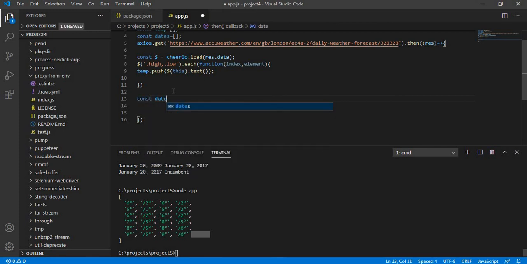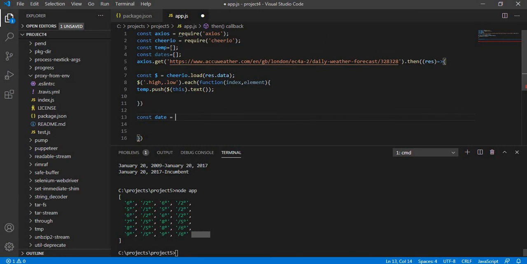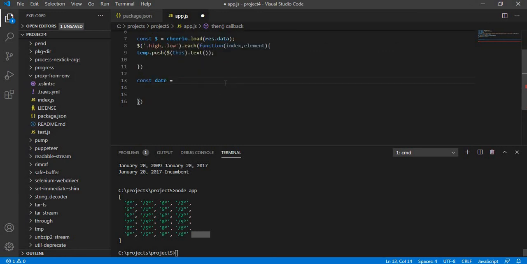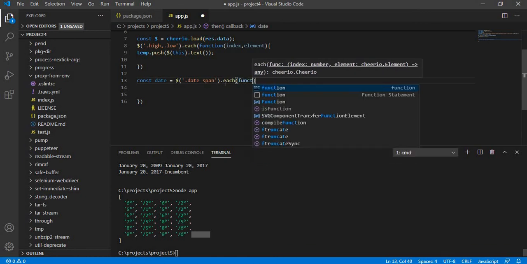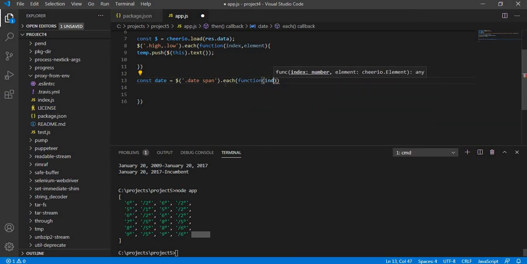Const dates is equal to, here, .date span, and the same thing, .each, and it has a function which has index and element,